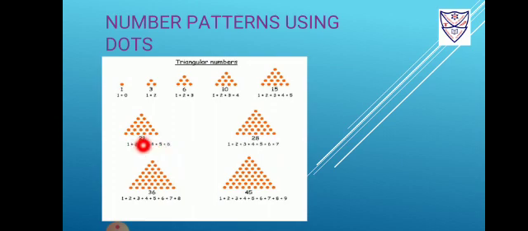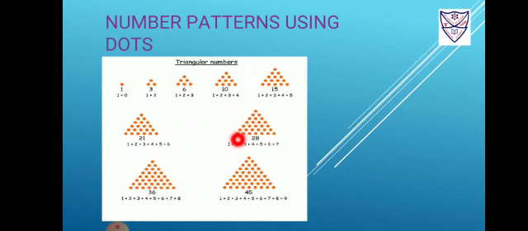Now how to draw the design? How to draw these triangle patterns? What is the rule? So first of all, the earlier pattern's 15 dots we will draw. So these are the 15 dots that we have drawn. Then what is the last number? 6. So 6 dots we will add above that last. So 6 dots we will add above this. So here you can see 1, 2, 3, 4, 5, 6.